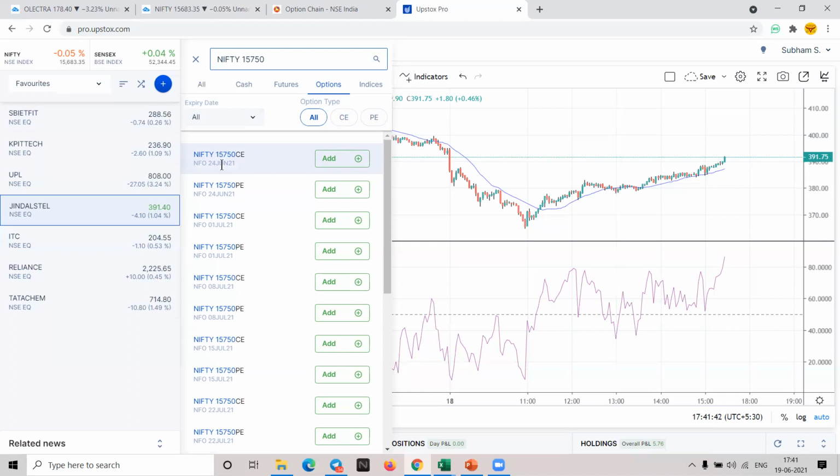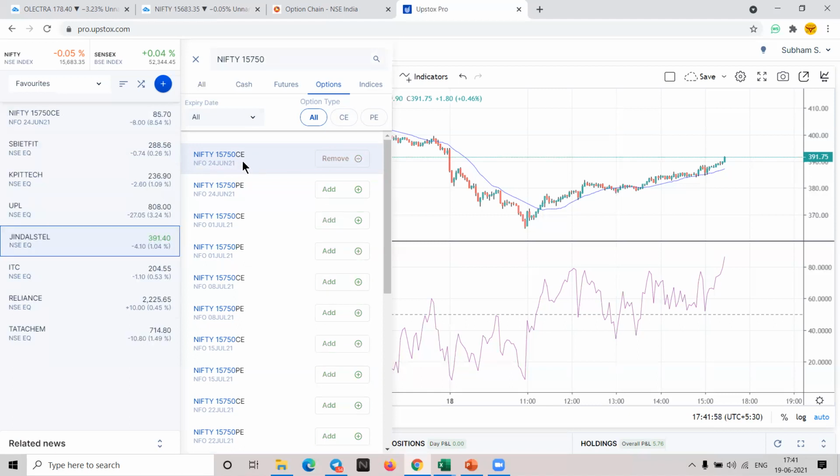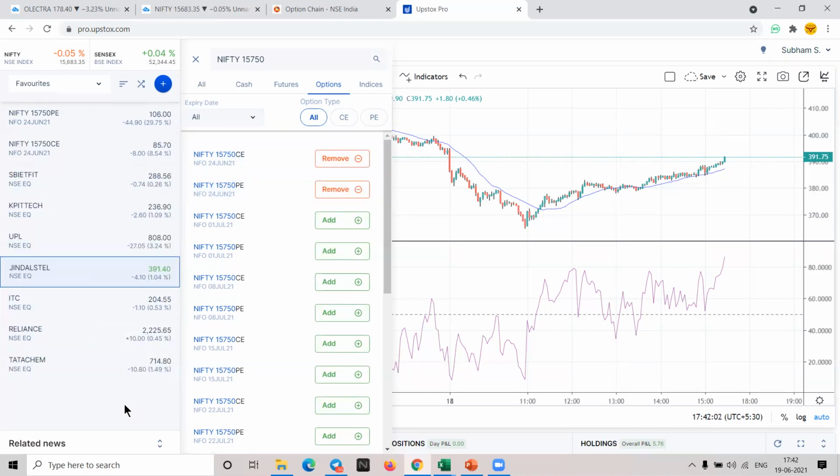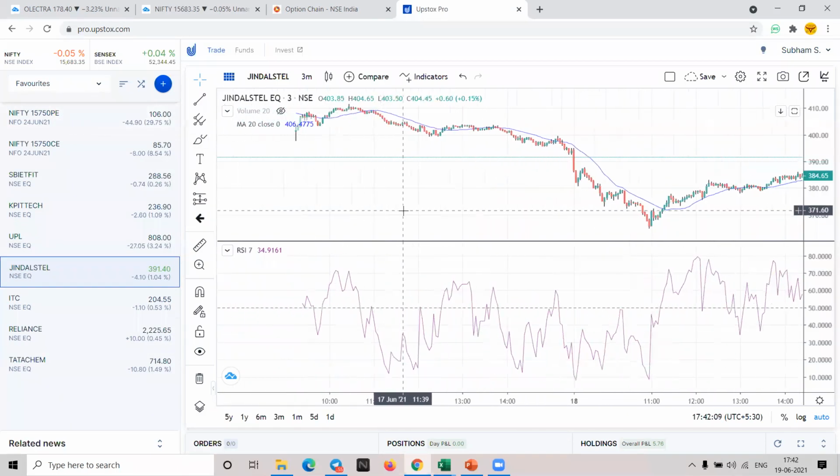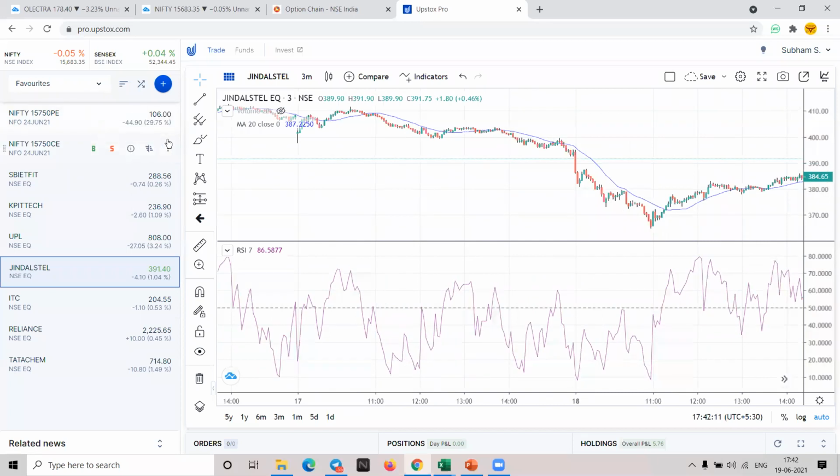There is one more rule with the expiry which I'll tell you later. But for now, understand we take the present week expiry. At present, the present week is 24 June, because last Friday, this 24 is the next expiry. You can take that. Take a call and a put also. So these two are plotted, right?